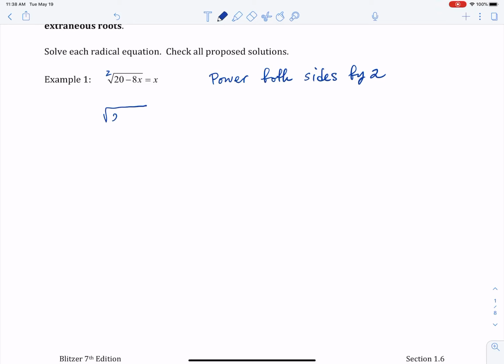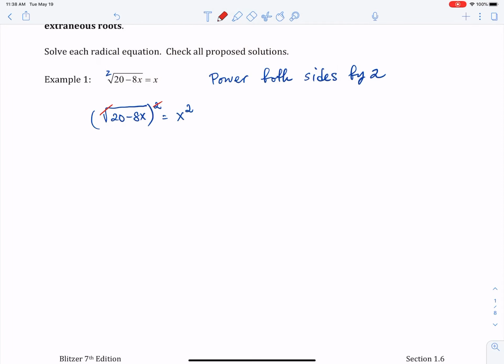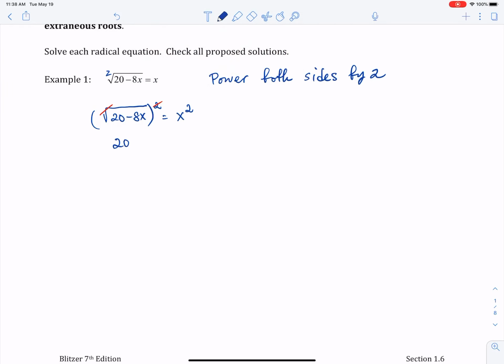So we have 20 minus 8x to the power of 2 and x also to the power of 2 to balance the equation. Here you go, the square root and the 2 cancel out, and 20 minus 8x is going to be equal